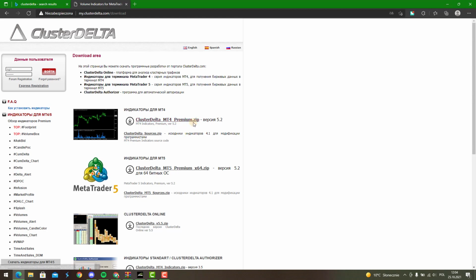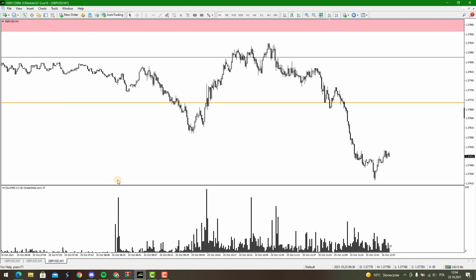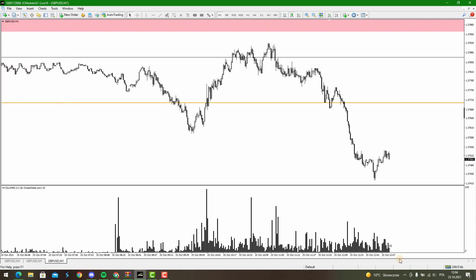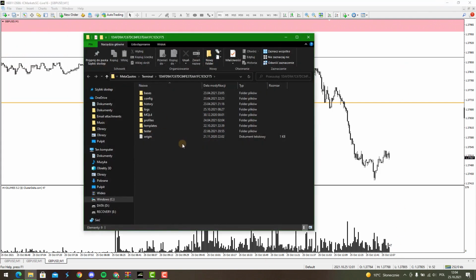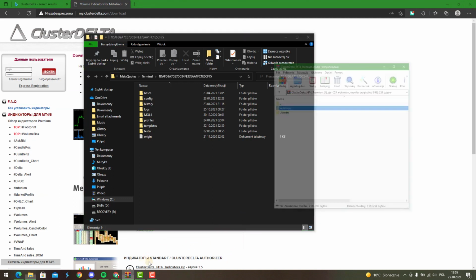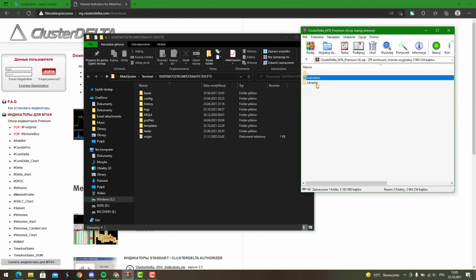So please download this, even if you have, because there are new files, new DLL files, and everything needs to be updated. Then run your MetaTrader, go to the file and open data folder. After opening this, please close your MetaTrader. This is very important to not have an active platform right now. And the downloaded files, you should have two